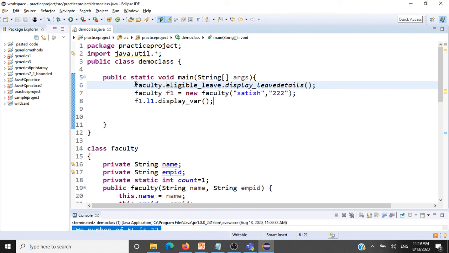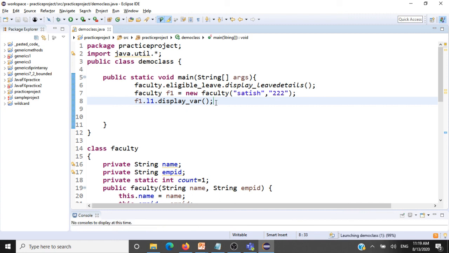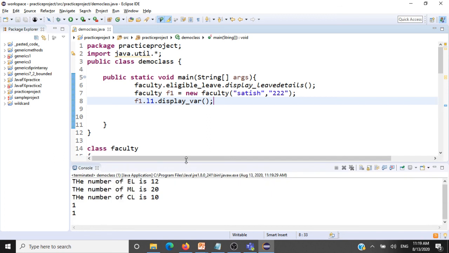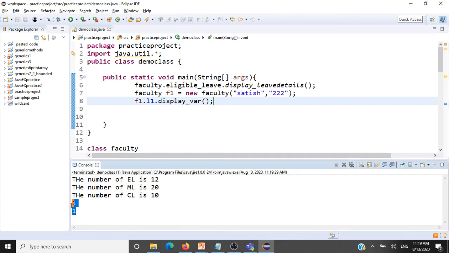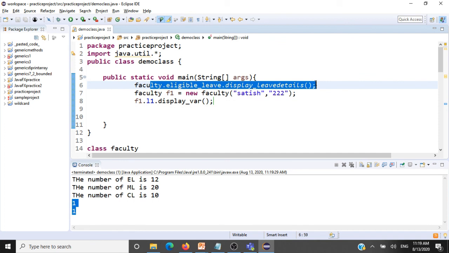We can just go and directly call this like this. So let's go and execute this and check. Yeah, you see. So this is this static method that is getting called without creating an object for faculty. We were able to invoke that.